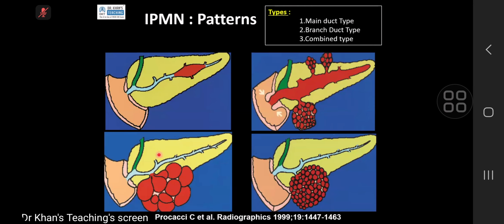This picture tells you everything from RadioGraphics, the patterns of IPMN, intraductal papillary mucinous neoplasm. Some of them can be what we call the main duct type. There can be branch duct type and there can be mixed type also. So this is a mixed type shown here. This is a main duct type and this is a branch duct type. By definition, they should be communicating with the pancreatic duct,